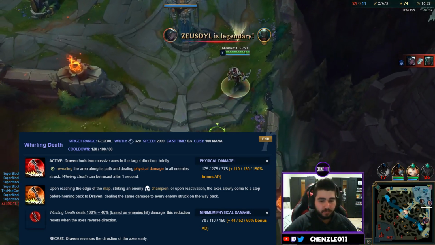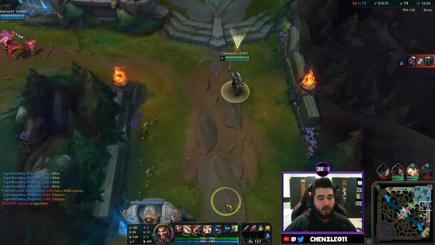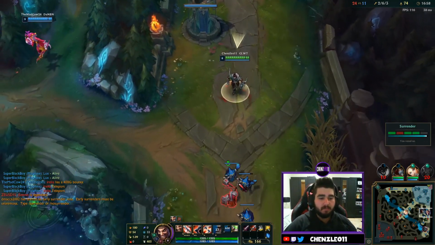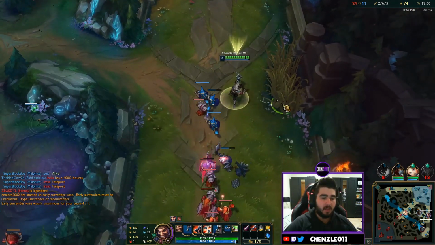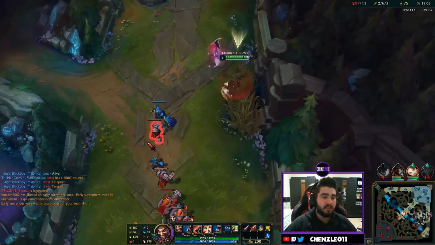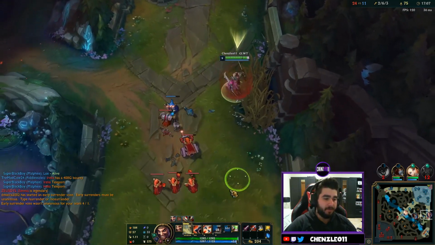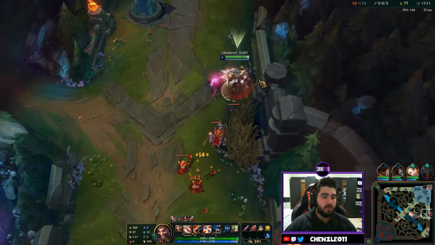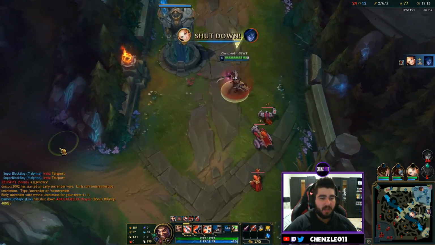Pike's dead again. You throw it out, and if the ultimate hits a champion, or you recast it, or it hits the edge of the map, it'll turn around and come back to you and deal the damage again, right? What is super important about it is that when it hits...